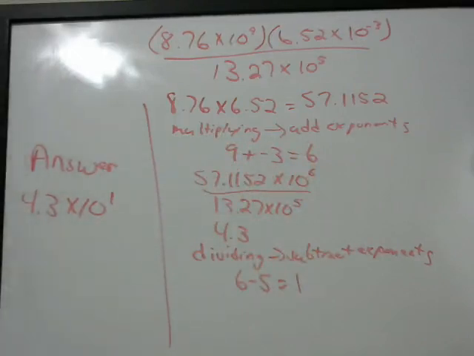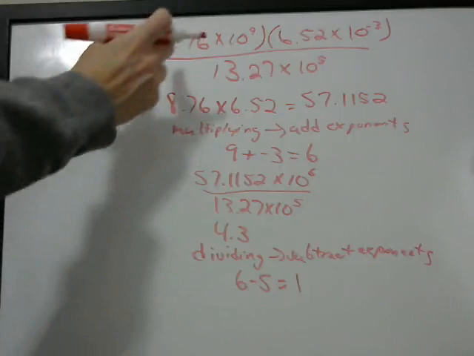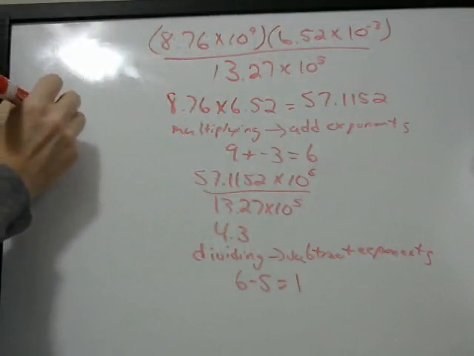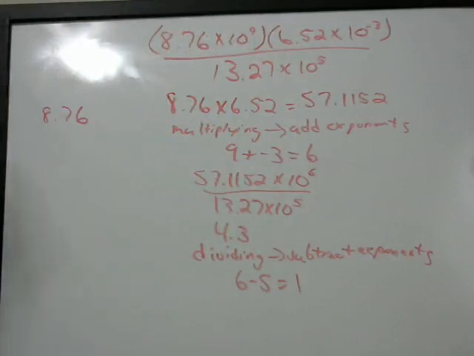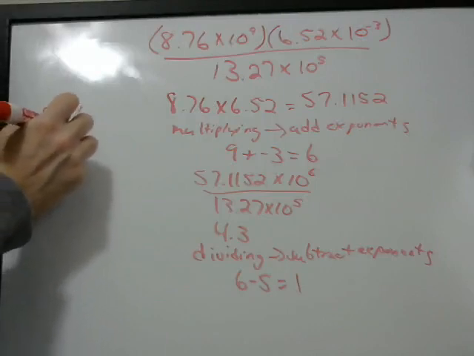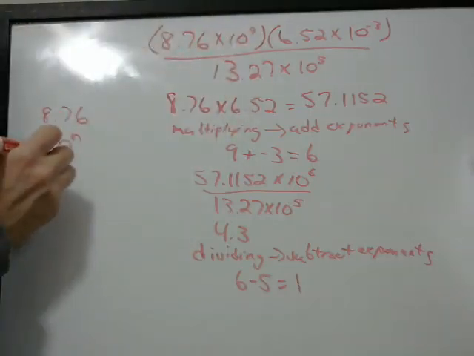I'll briefly just go through how you would do this on the calculator. I don't have a calculator with me, but again, watch the video on the Facebook page. So the calculator that you'll have for the test actually has a scientific notation button. So I'll write over here what you would do, let's say you're going to do this multiplication. You'd put in the base number, so you'd put in 8.76, and then you hit the scientific notation button, which looks like an X, a 10 to the N. That's the scientific notation button. So you go 8.76, X 10 to the N, then you put in the exponent on the 10, which is a 9,